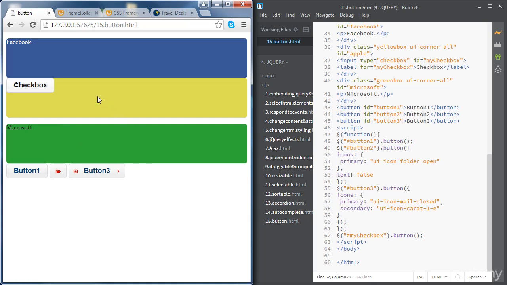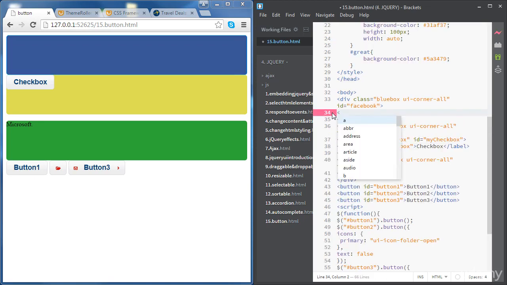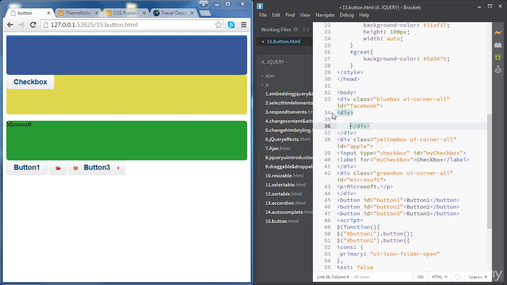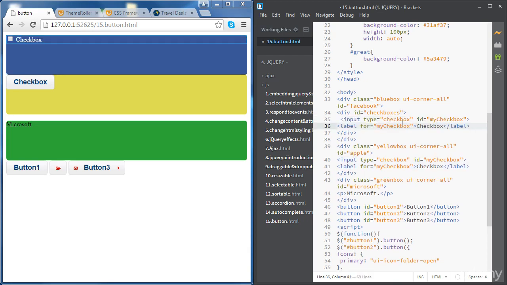Alright, let's go for another example. So this time we'll create a checkbox form with many boxes, and we will style those boxes all together. So let's go to the Facebook div. So we'll create a new div in here, and we're going to give it an ID. So let's call it checkboxes, and then we will put all our inputs inside. So let's just copy paste this one for now. So the type is checkbox, and let's give the first one an ID, checkbox 1,